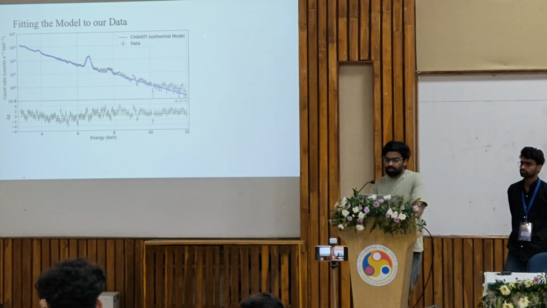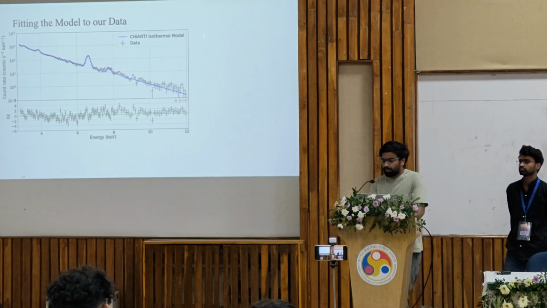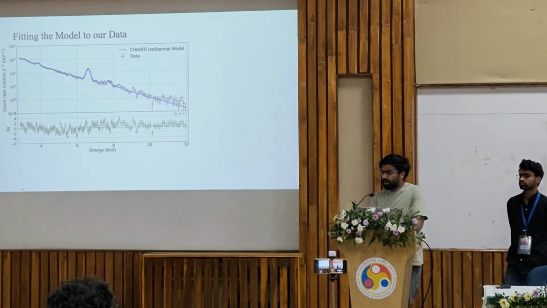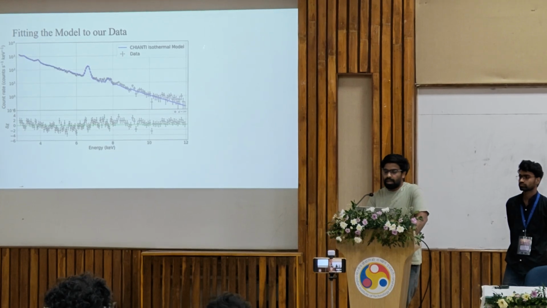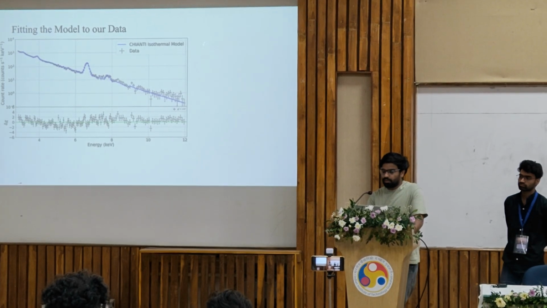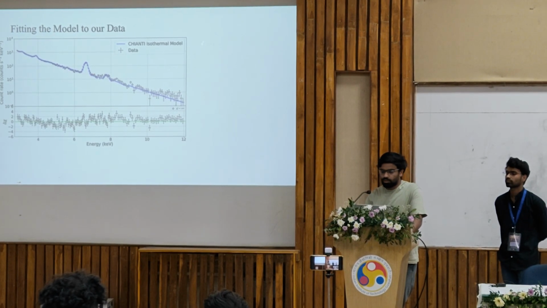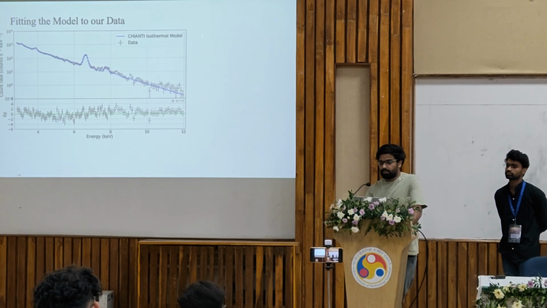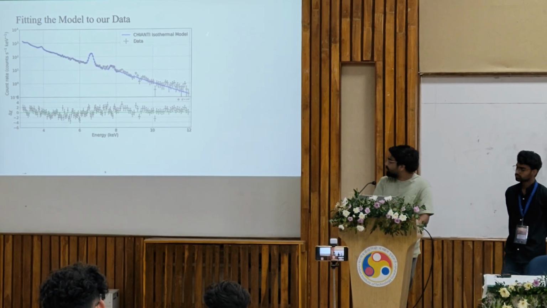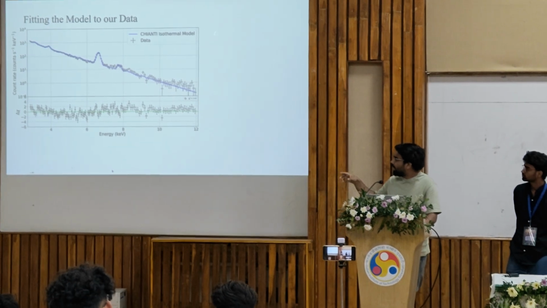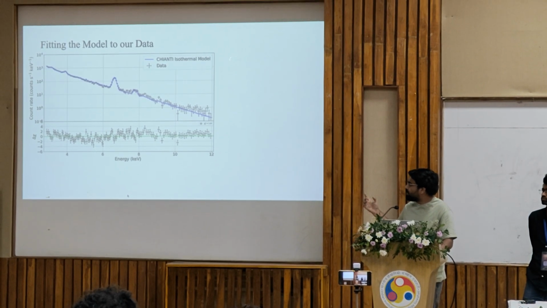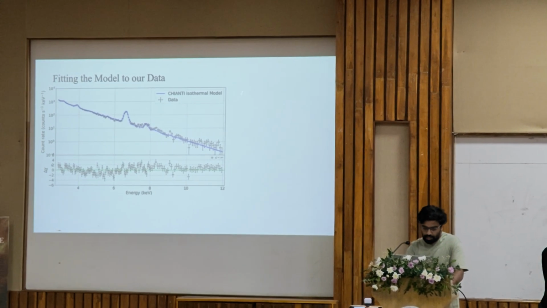The plot you are seeing shows the black data points, which are the actual data we have for our spectrum, for the particular event we have chosen, and the blue curve shows the model we have fitted to it. As you can see, this has clearly fitted our data points, and also the different emission lines we have. So the first emission line,